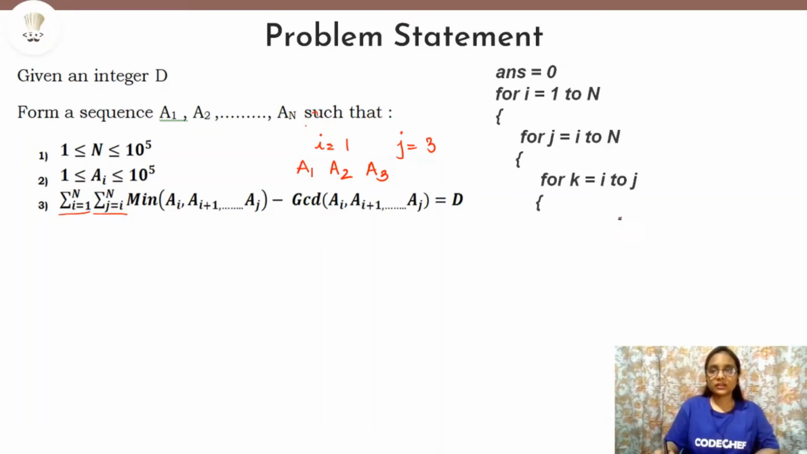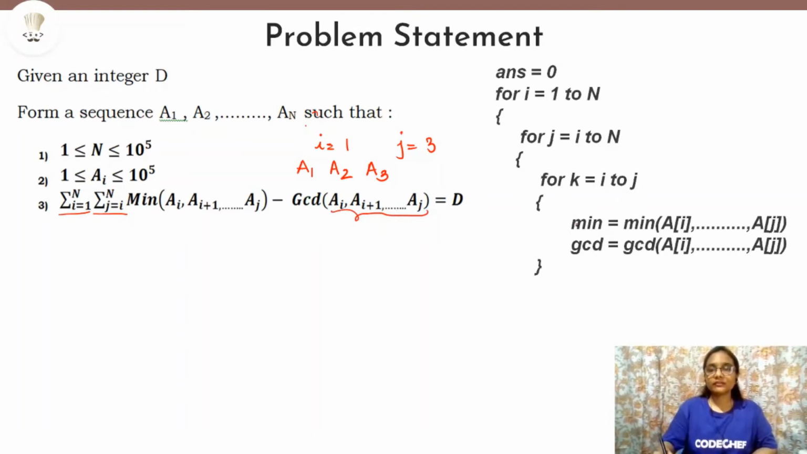And for that for loop, we will take the variable as k and it is running from i to j, right? So we will make k equals to i and run it up to j. So this will be the third for loop for just finding out this sequence. And once we have this sequence, we have to find the minimum and GCD of this subsequence. So a of i up to a of j, we are calculating the minimum of this sequence